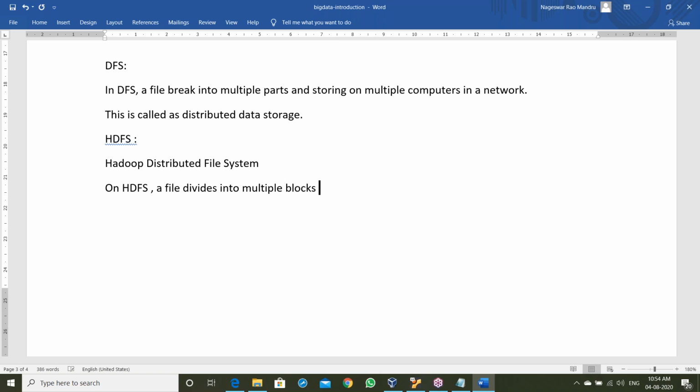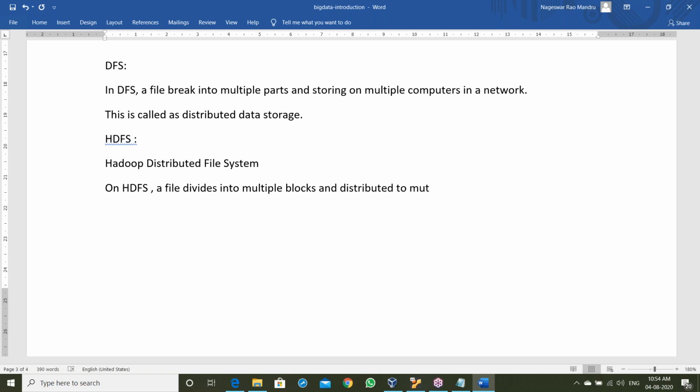That means the size of each block is 128 MB. So dividing a file into multiple blocks means 128 MB is one block, next 128 is the next block, and so on. So in HDFS, a file divides into multiple blocks and is distributed